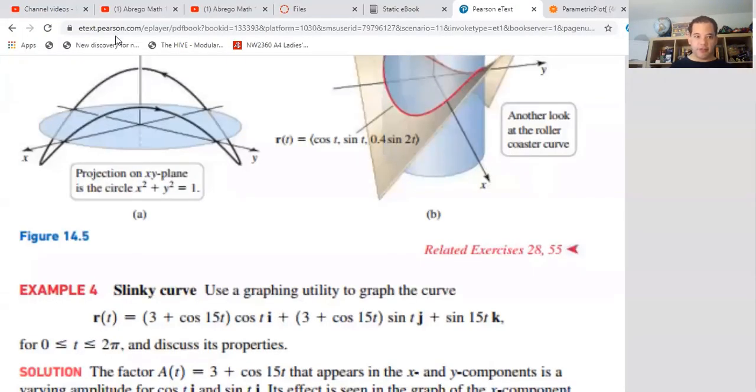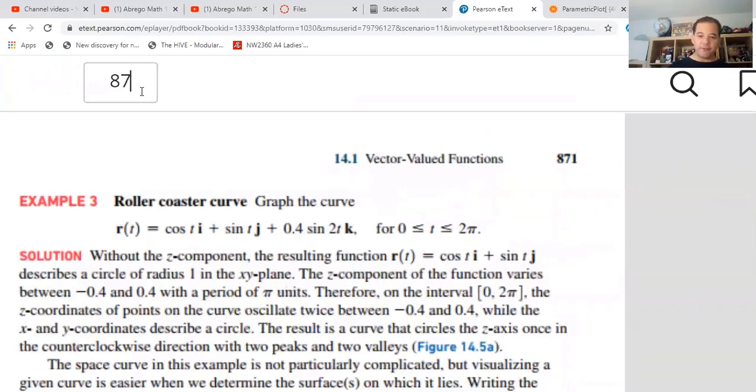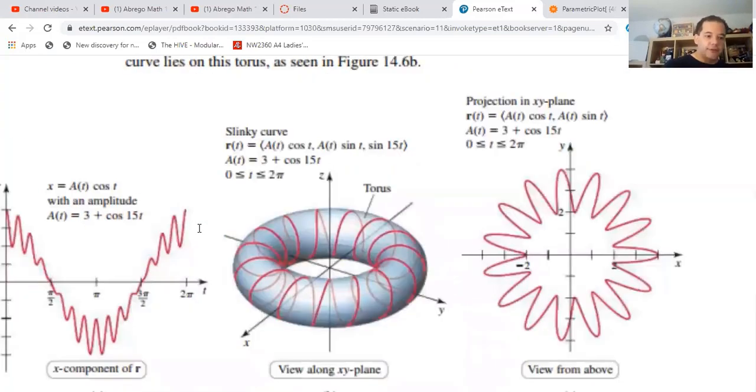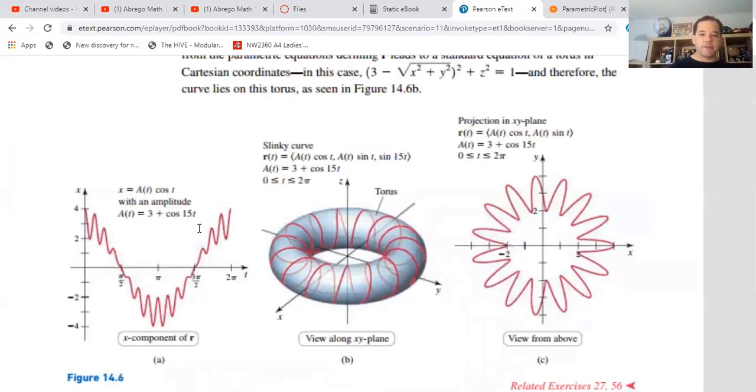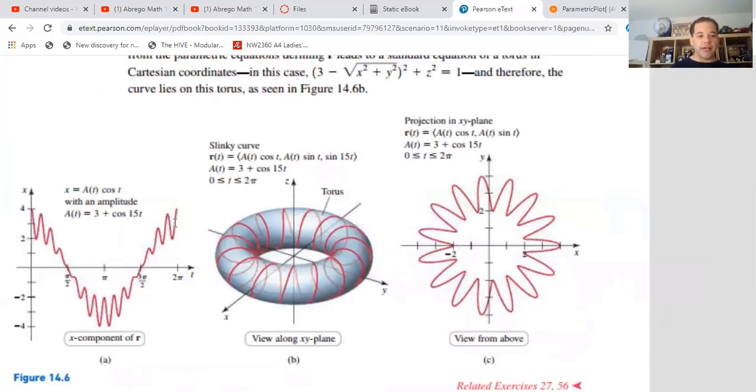And so page 873. Well, first, let me show you the picture of the one we just did from the book. So this is the better picture of what I was telling you right here on the left of how the X component looks as t goes around. You can see it sort of follows the cosine shape, but it has the ups and downs. And if we could do the Y, it would follow the sine shape with the ups and downs. Then this is how the curve looks,